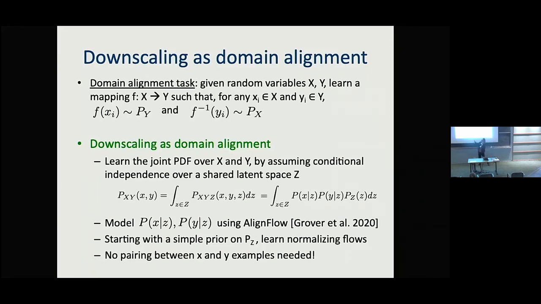So we're going to learn these distributions at the coarse scale given the latent space and fine scale given the latent space via normalizing flows. And then again, no pairing of these examples is needed. So normalizing flows. Go back to what we were talking about, a variational autoencoder where we learn a Gaussian over